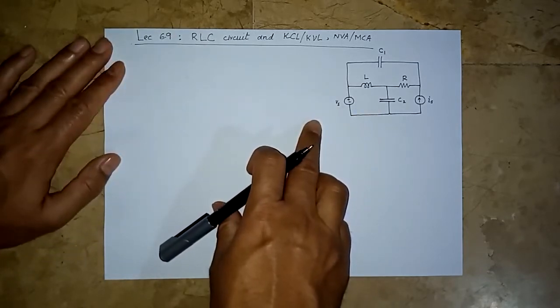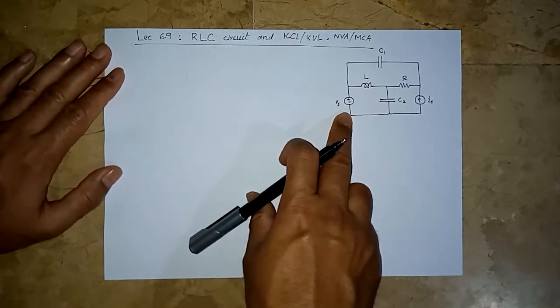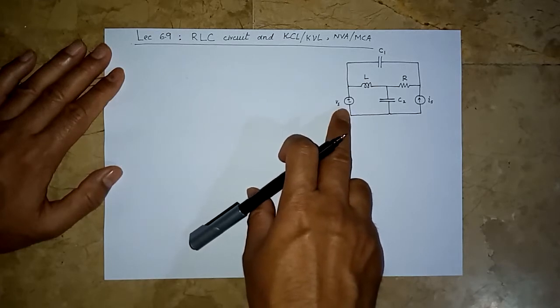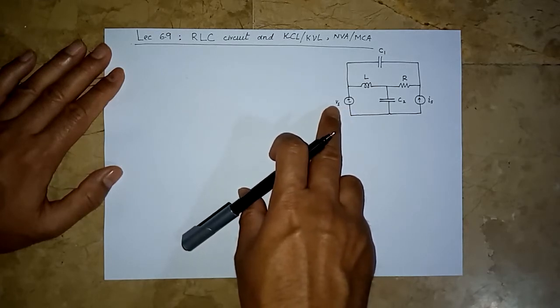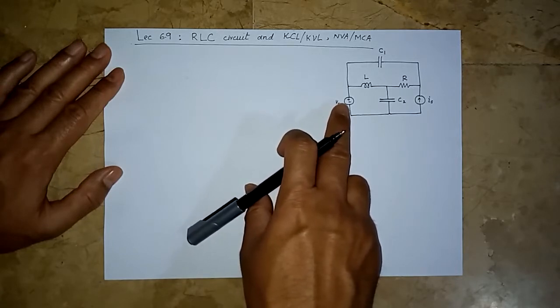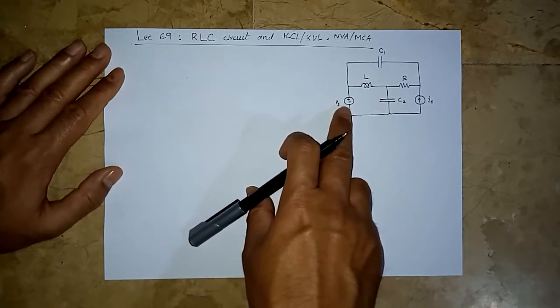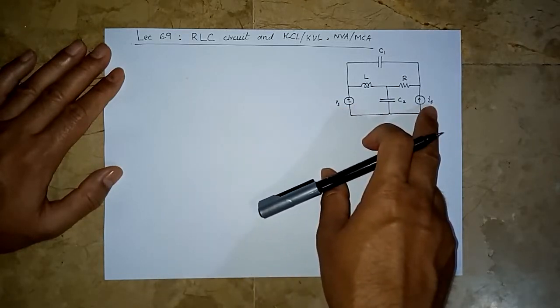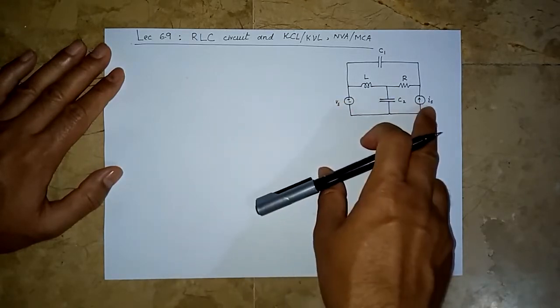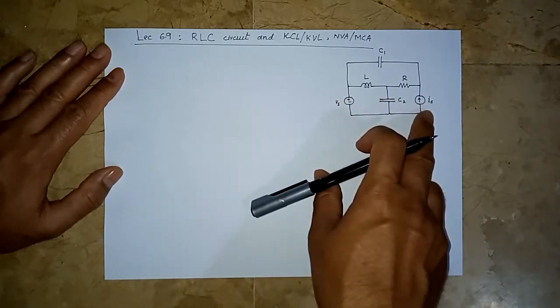And be very careful. Remember how we know a voltage source behaves. Here we have tried to write it with a small v, to signify that this may be a function of time. It may be variable, it may not be constant. Similarly, a small i here. So this is a function of time, this is a function of time. It's not constant, it may be varying.